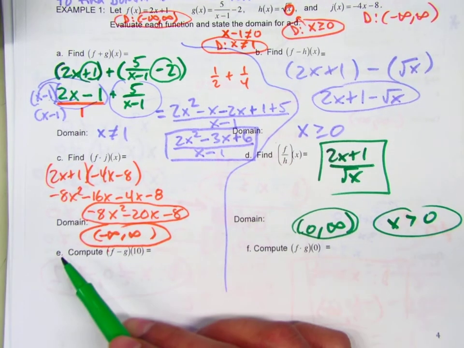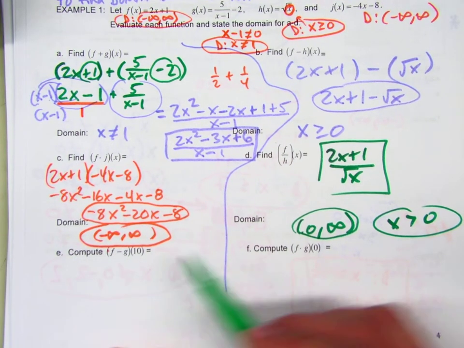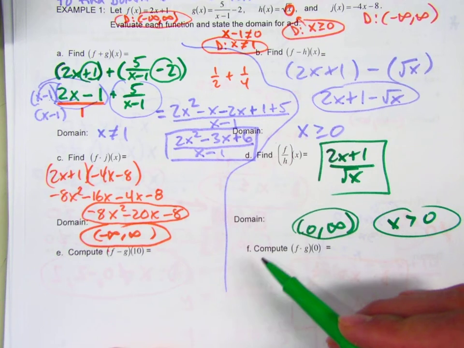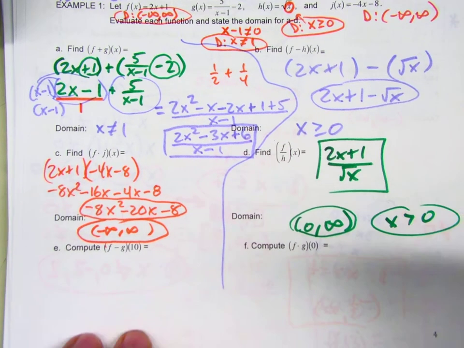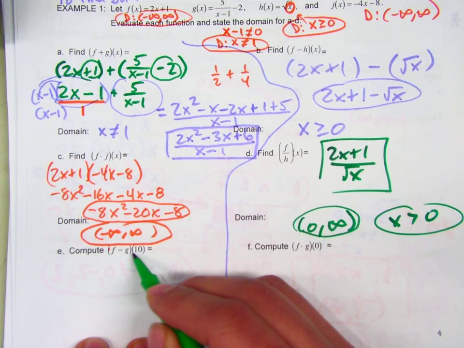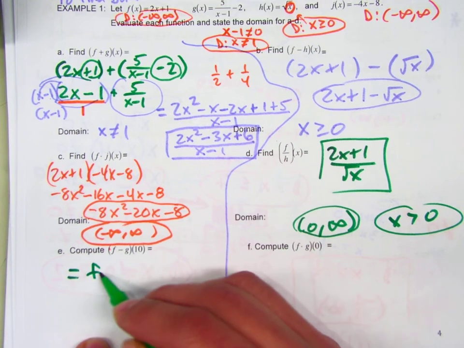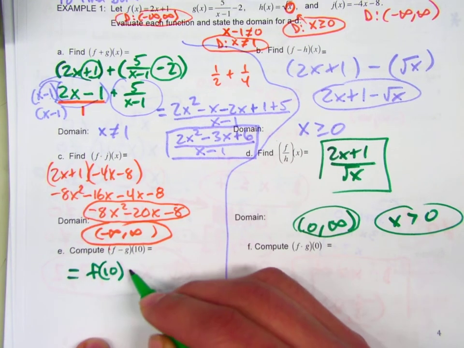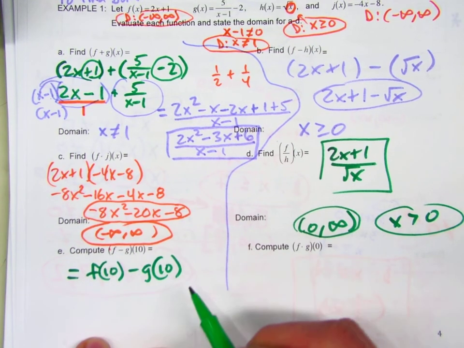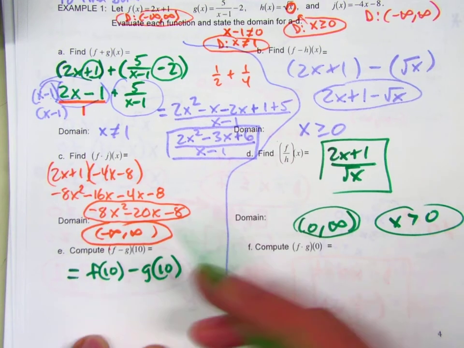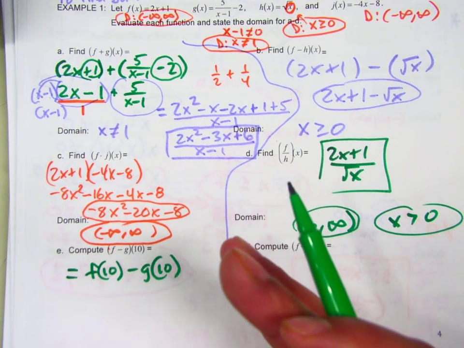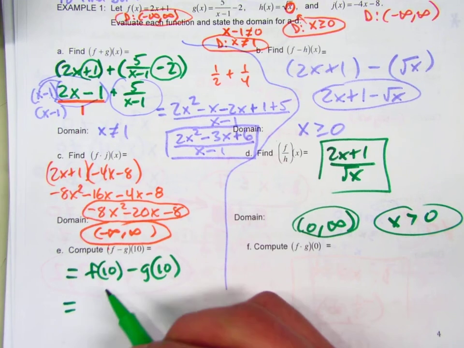Let's do E. Now, there's a couple ways that you can do E and a couple ways that you can do F. Okay, I'm going to show you what I think is the easiest way, which involves less work. So first, F minus G of 10, we have to recognize that that's the same thing as F of 10 minus G of 10. Okay? And now you should be able to figure out each one of these separately and just subtract whatever those two answers are. Okay? So if I do F of 10,